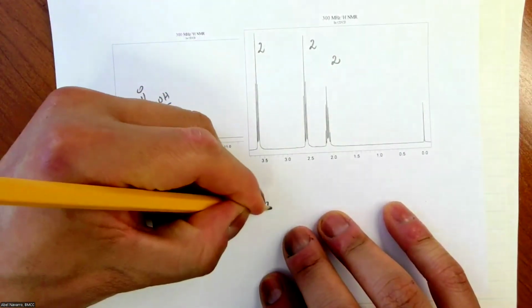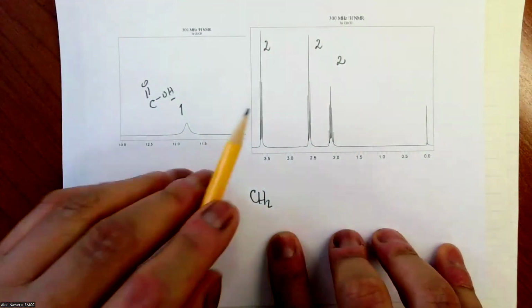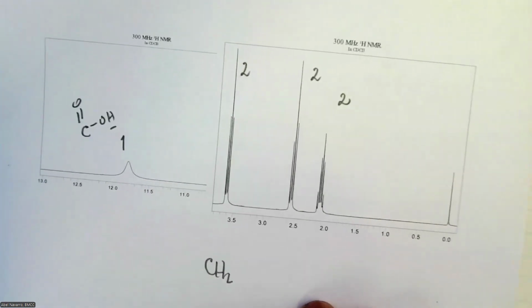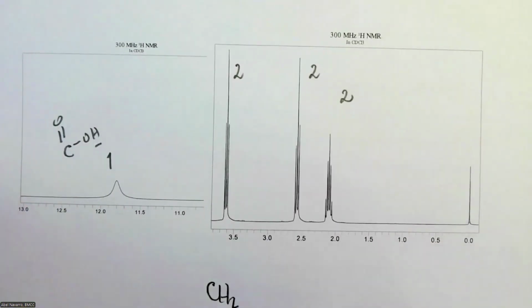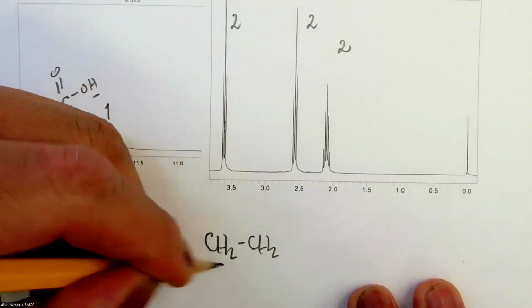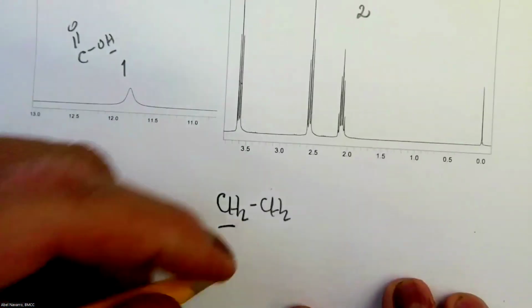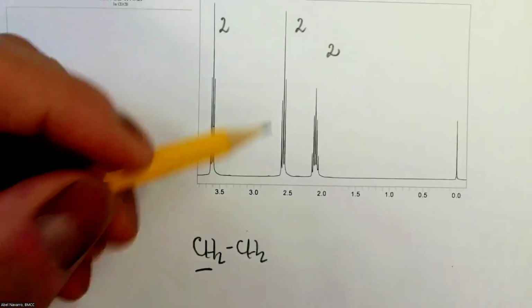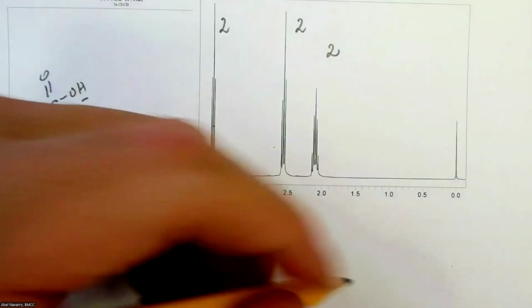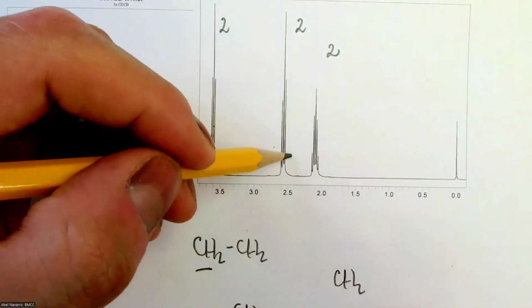Now these guys, okay, these are easier. CH2. Okay, triplet, right? You guys see it? Let's make it closer. Triplet, right? Triplet minus 1, 2. That's a CH2 next to CH2. Good. This one is also CH2. That's also a triplet, so next to CH2. This one is a CH2. This one is a